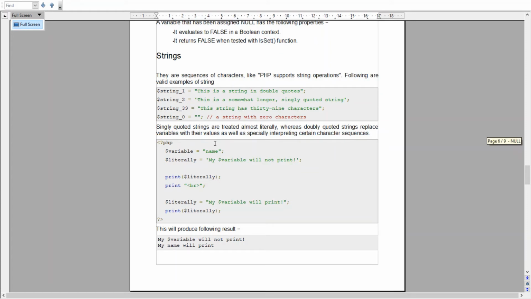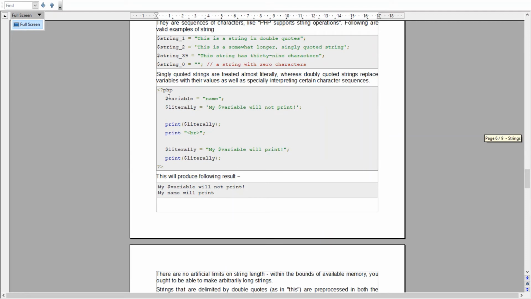Single quoted strings are treated almost literally, whereas double quoted strings replace variables with their values, as well as specially interpreting certain character sequences. Here you just see the difference. We have declared a variable, and to this we have assigned a value, that is name.